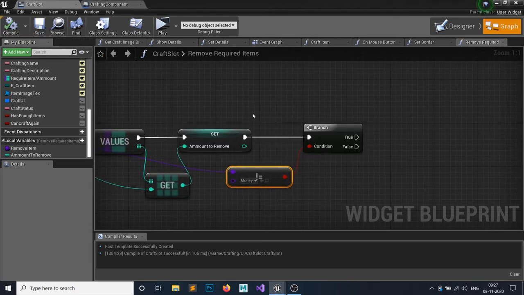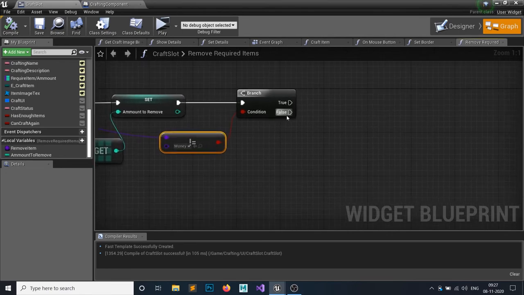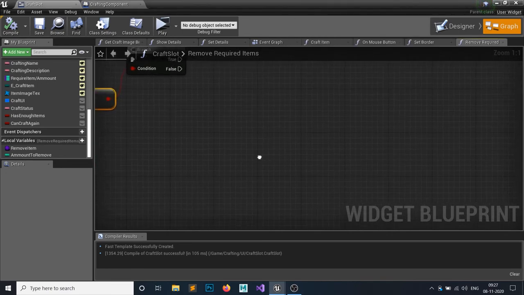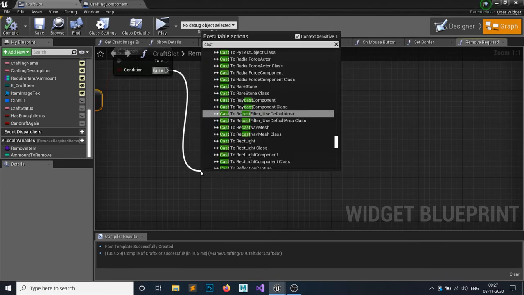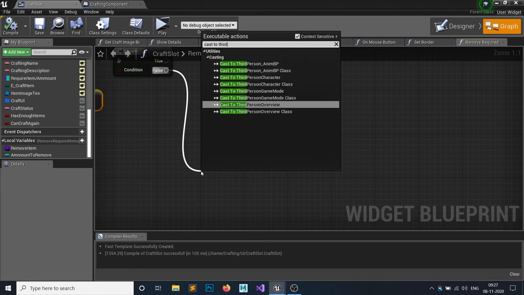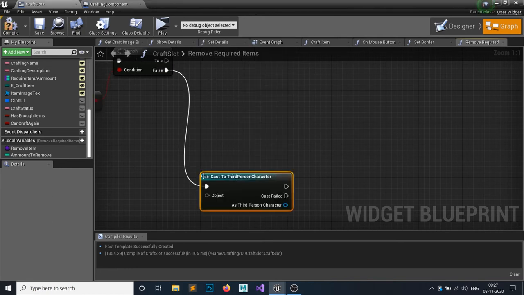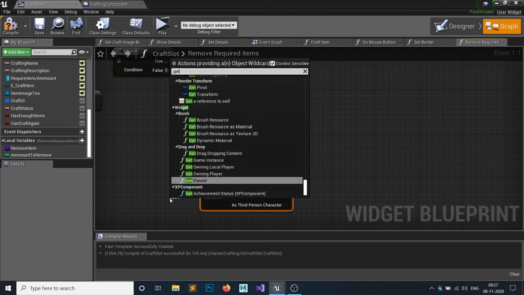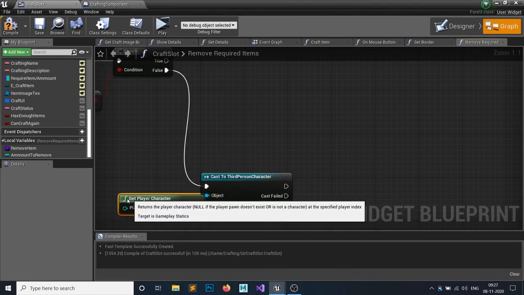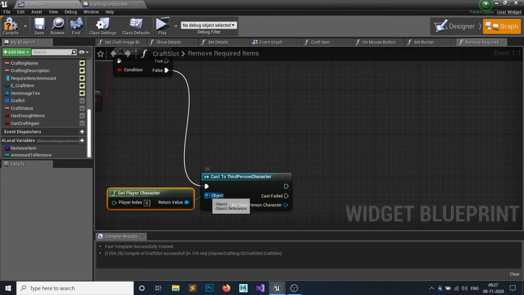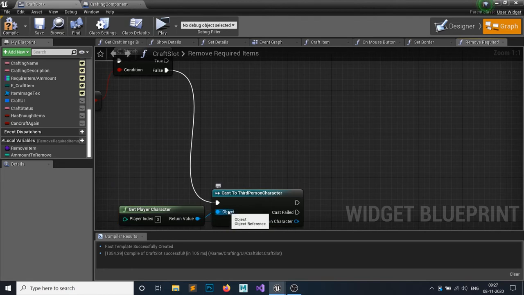So let's first do the false part, the money part. If it's false, then I want to remove the amount from my player. So I will cast to third person character, get the player character. If you don't do this, it won't point out which object you are facing, so it will give you an error. So if you are casting, you should connect this pin.